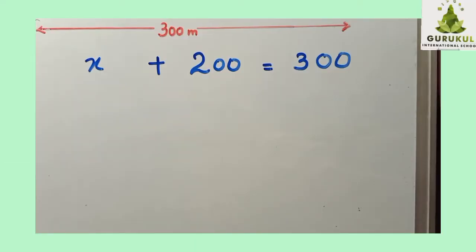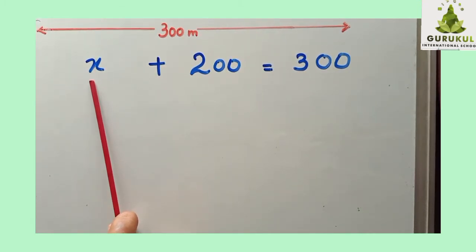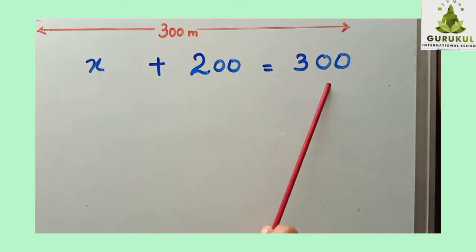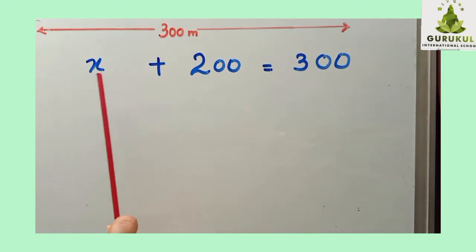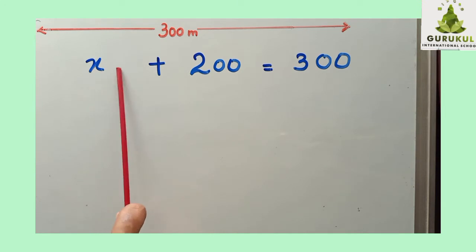Good morning, children. Now, in the previous video, we have seen what variables are and how an equation can be formed. Now, what we have studied, in an equation, a letter is sometimes used in place of a number. Here we have used the letter x in place of a number. A value for a letter has to be found that will make the equation balanced. Now the left hand side and right hand side should be balanced. So we have to find one value, some number.